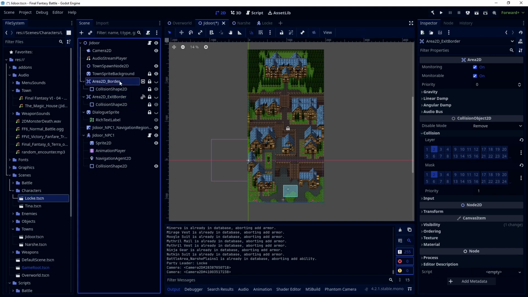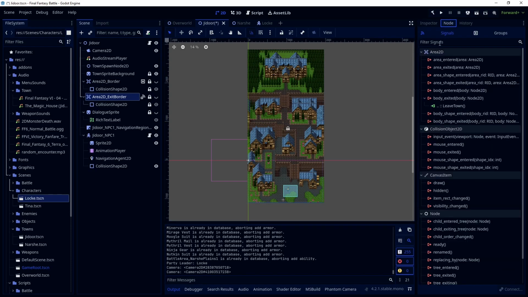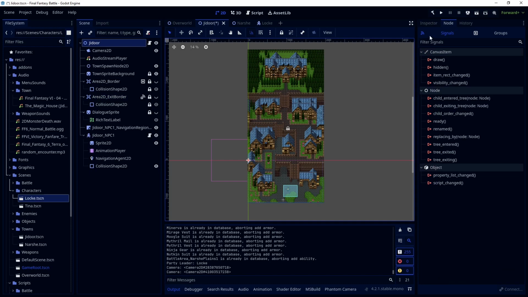So in this particular case, these are both the same actually. So you see that and you see that. There's a reason I'm separating the exit borders. I'm going to show that with Narsh afterwards, because there I actually have two rectangular sections and transition between those. So you need to differentiate the exit border if you get a little more complicated. It's not necessary here, but it's to follow that format. So anyway, the exit border here, similarly we connect to leave town,